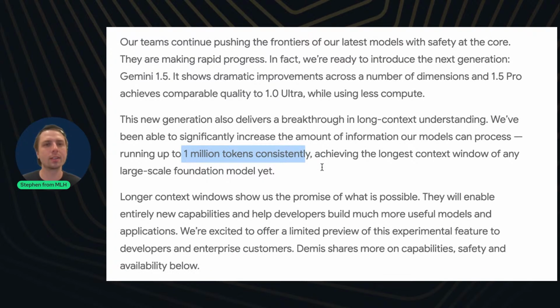Goodness gracious. Okay, so if 200,000 is 500 pages, that means that this is 2,500 pages of context. That's enormous. I think you could probably put an entire book or an entire textbook into the context window.